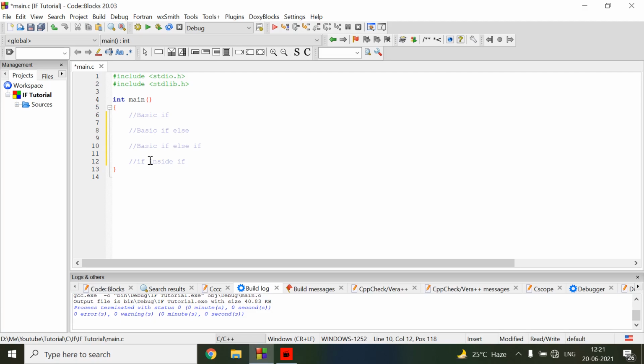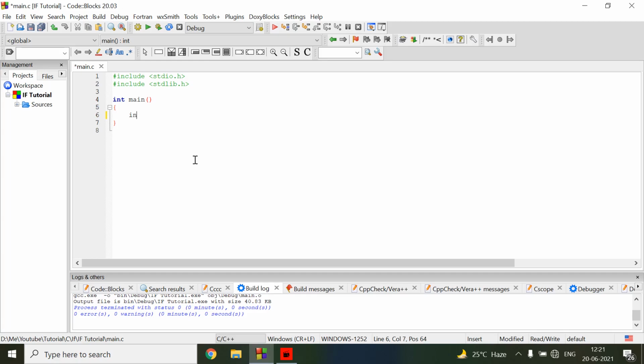Let us start. First we will write a simple basic if condition. We will use the if condition to check a condition. If it is true, then we will execute some code logic or display some data. In this example we will ask for the marks of a student, and if the marks provided by the student are above 80, then we will display a message: You got selected and your marks are whatever the provided marks.